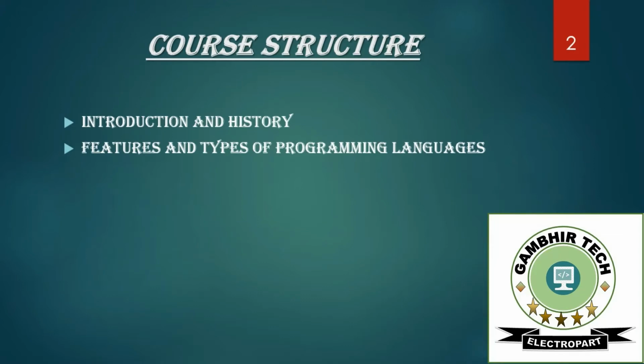Next we will learn about the features of C programming language and what the different types of programming languages are in general. I hope you all know that there are two types of programming language, basically high level and low level. We will discuss them in detail in that section. Next we have the structure of the C program. We will discuss the different parts of the structure of a C program in general, and with the help of a program also.